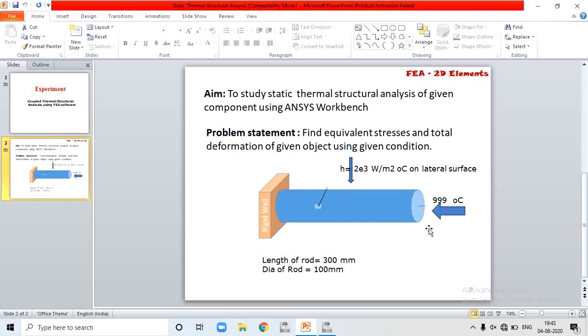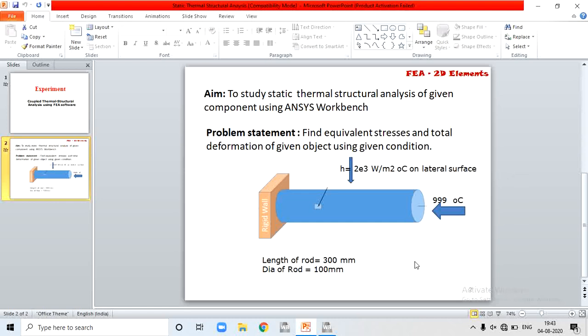There is no physical point load or any additional or external load applied on the object or rod. So for load, we consider thermal load on the free end and we'll fix the left hand end with a rigid wall. So this is our problem statement.